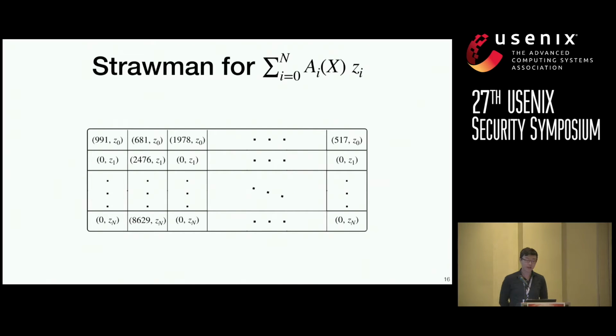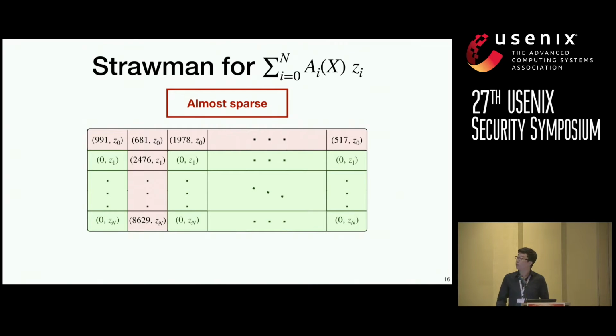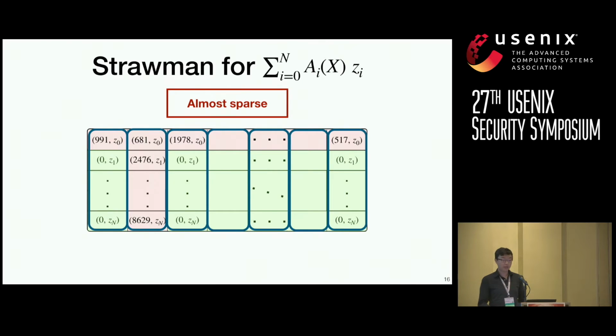Because of the nature of our circuit representation, our matrix is what we call almost sparse. This means that most rows and columns are sparse. However, there will always be a handful that are dense. If we partitioned our matrix column-wise for the cluster to compute, the second column in this case would be slow and what we would call a straggler. This causes all the other machines to wait on it to finish its task.